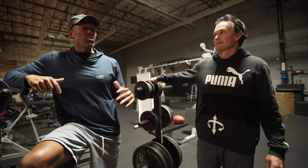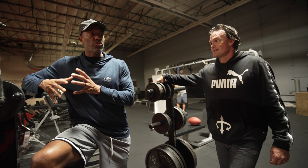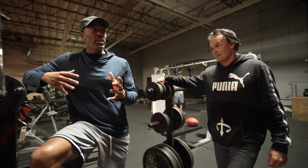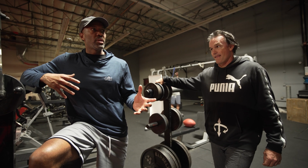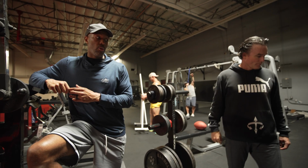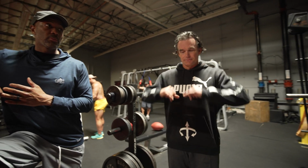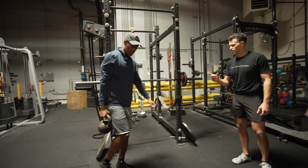A lot of times too, if a guy doesn't have time to get manual modes from our therapist, this is a way to incorporate loading tissue, strength work, and we're also hitting mobility work with them at the same time. There's a lot of bang for your buck, and now with the variation with the kettlebell, versatility, man. That's easier to bring around with you too. And I do some different stuff I might show you with